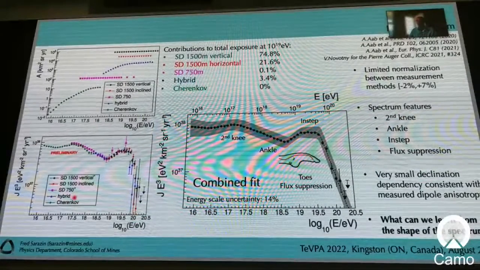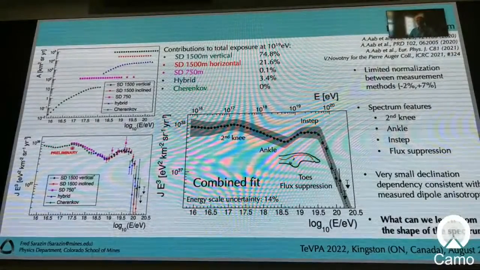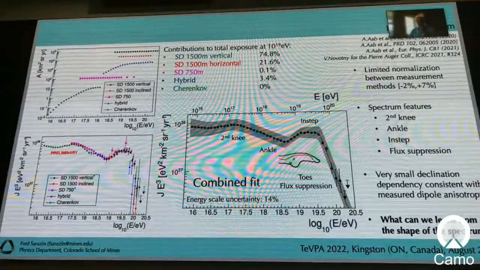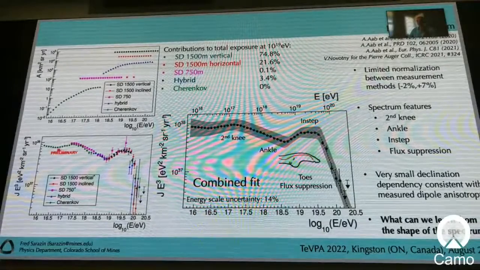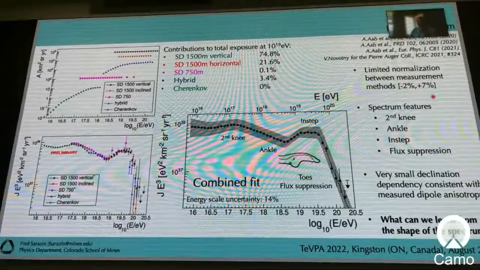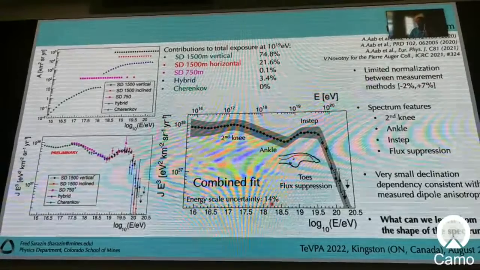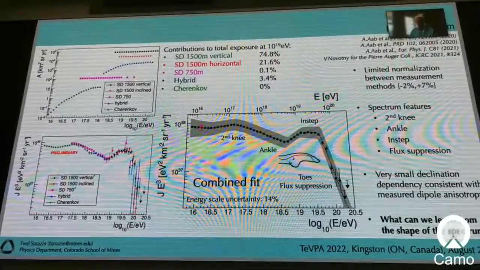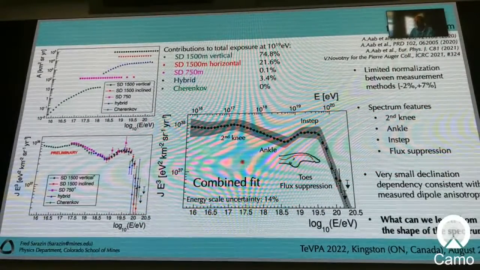taking into account the analysis of shape of rich units, which allows an extension down to 10 to the 16. But overall, if you look at all the different methods that are being used to build the spectrum, they can be added together with a fairly small amount of normalization with the method, definitely below the total energy scale. So once you combine all those methods, you get this really beautiful spectrum that shows all those different features that